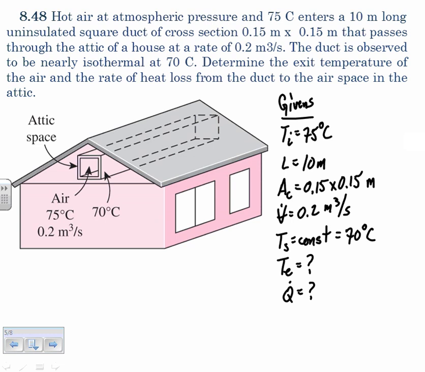the attic. All right. So we have some air coming in at 75 degrees C, and it is losing energy to the attic, and the duct is known to have a constant temperature of 70 degrees C. Okay, so even if that duct were infinitely long, the air temperature would only be able to drop down to 70 degrees C. Okay, so because of that reason, if infinitely long would only get us to about 70, we're